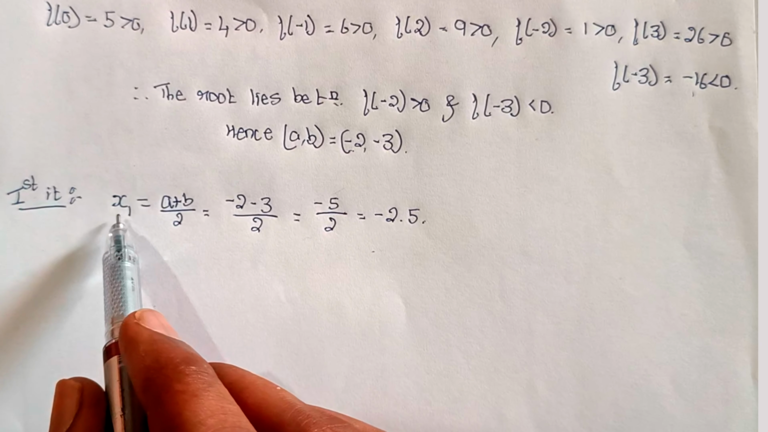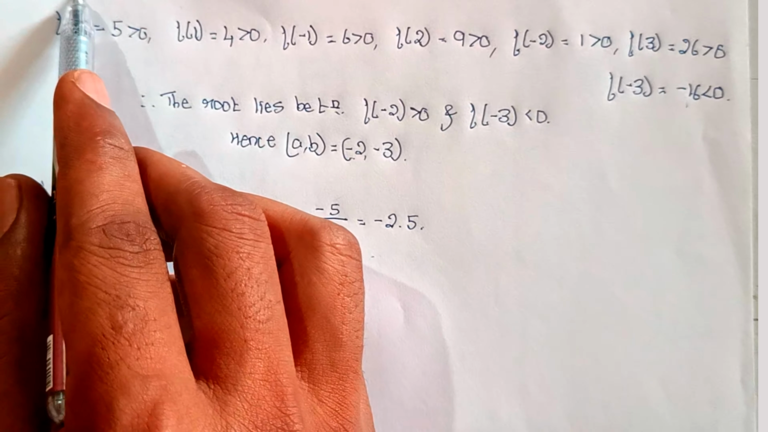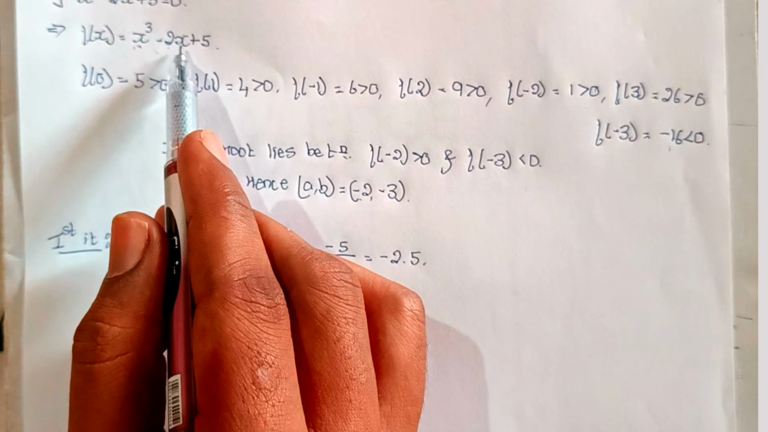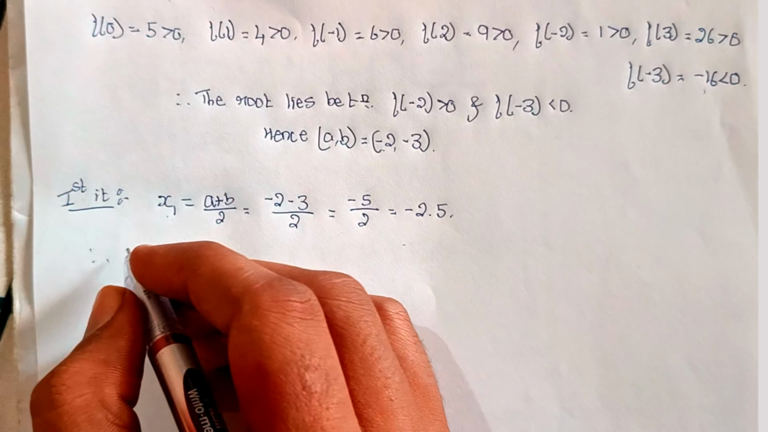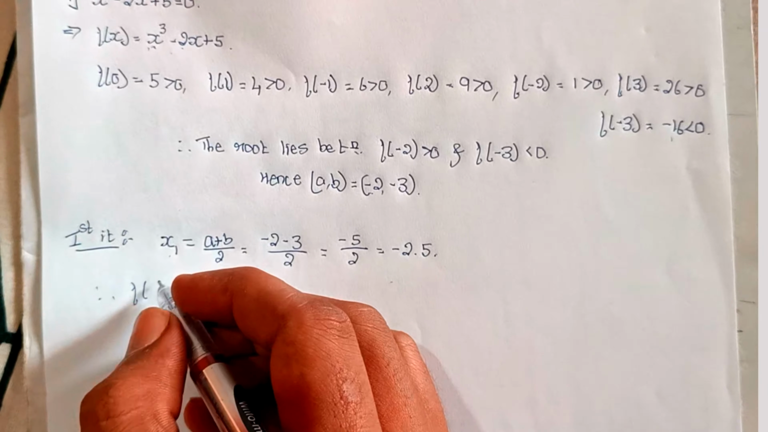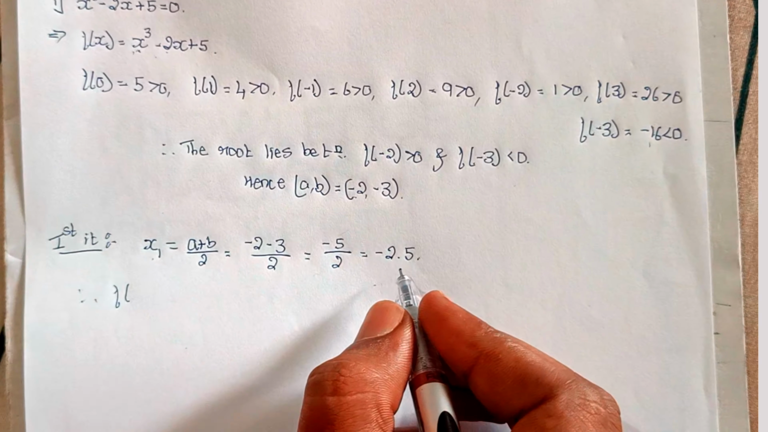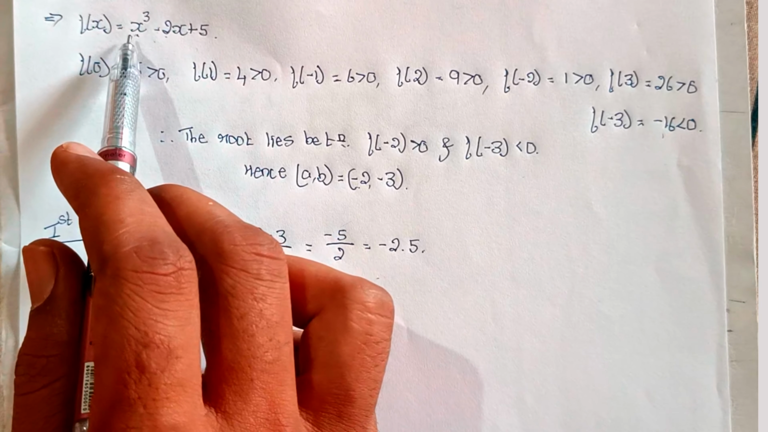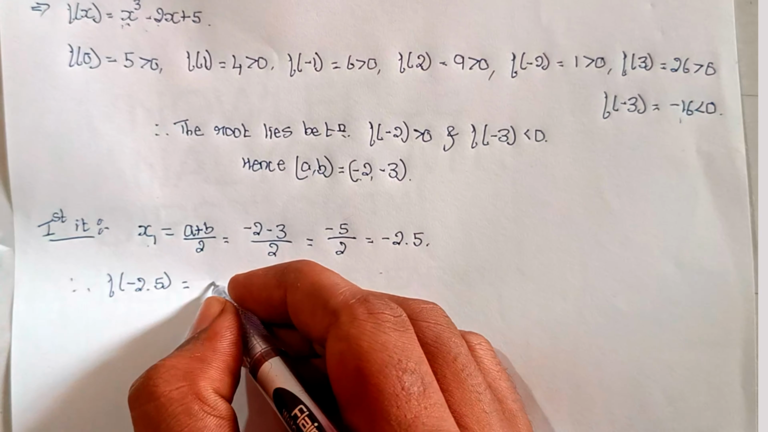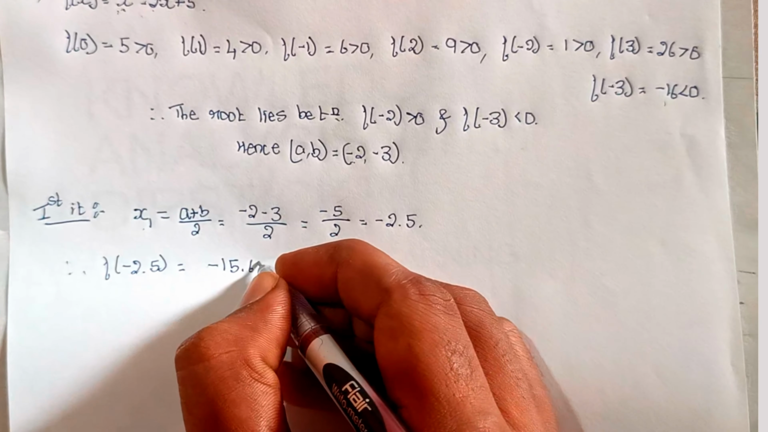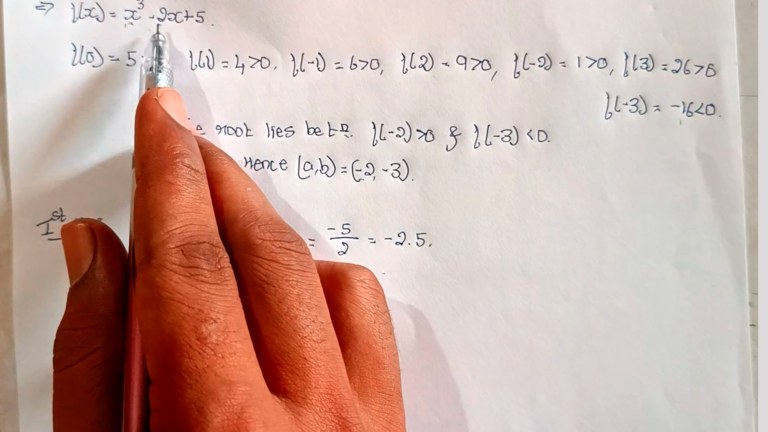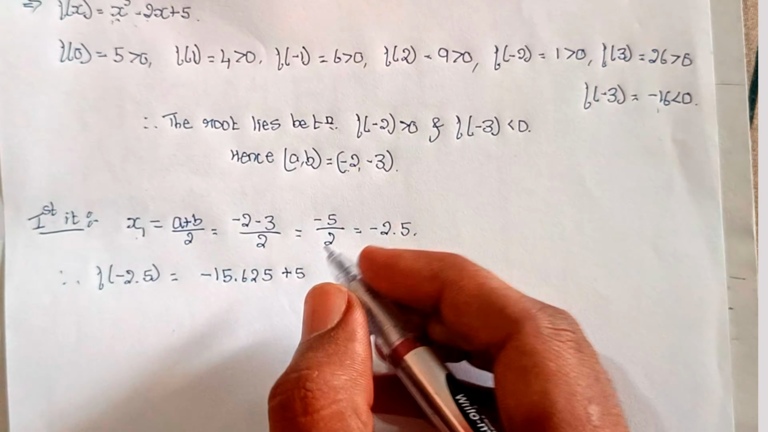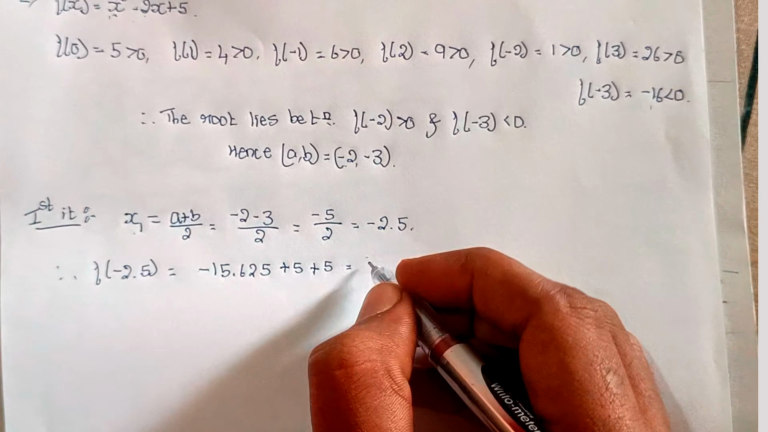Now substitute this x1 value in the given equation, that is f of x1. f of x1 is equal to x1 cube minus 2 x1 plus 5. Therefore f of x1, where x is replaced by minus 2.5, is equal to minus 2.5 cube, that is minus 15.625, minus 2 into minus 2.5, that is plus 5, and plus 5 remains the same, that is equal to minus